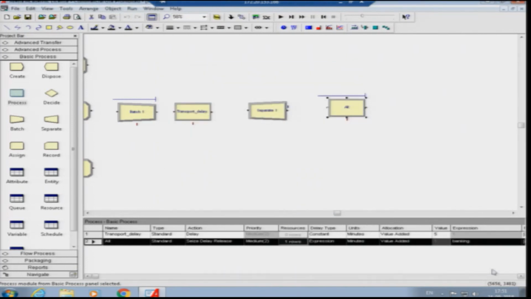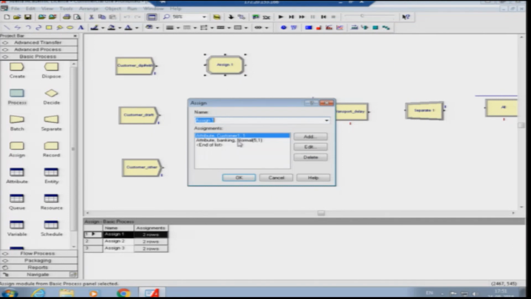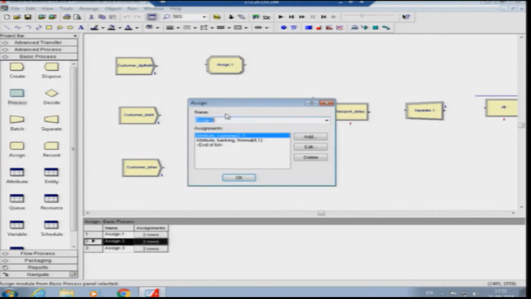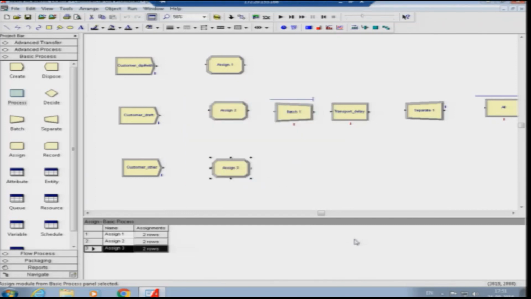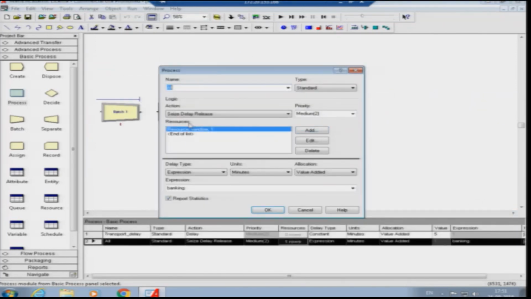Before giving the name, you can also check what name you have given, otherwise it can create an error. So, as you can see, we have given the attribute name as banking, which basically defines the processing time of these customers. So, we will put the expression name as banking.